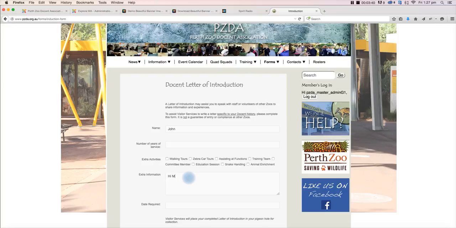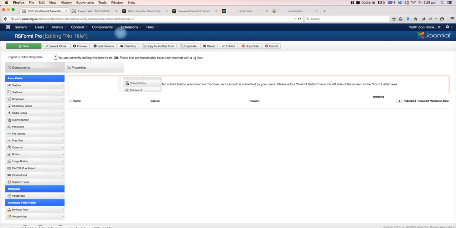So, hi, my name is John. I am interested in becoming a docent. So a message, and you can also set how long that message is for, but just not to overcomplicate stuff, we'll leave that for now. So yeah, that's a text field, and this is a text area. So field is the skinny strip, and the area is just more or less a box that you write in. So depending on what the form is,